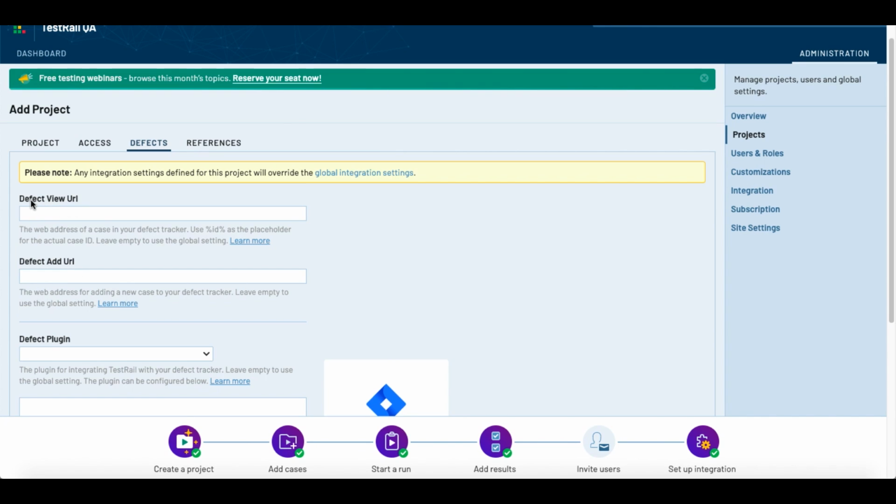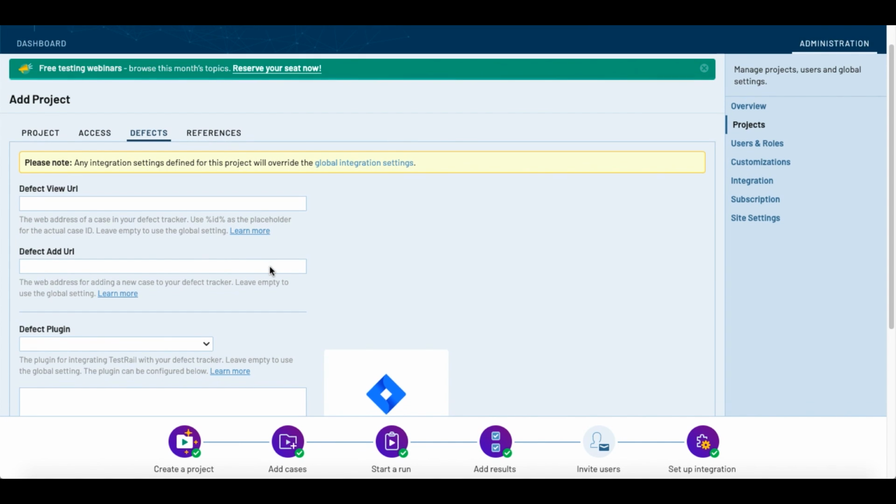The defect view URL is the URL on which, if we hit it and give the ID of that defect, the defect details will be displayed to the user. And the defect add URL is the one where, if we hit it, a new page will be displayed in which we can put in the details of the defect and create a new defect, right?